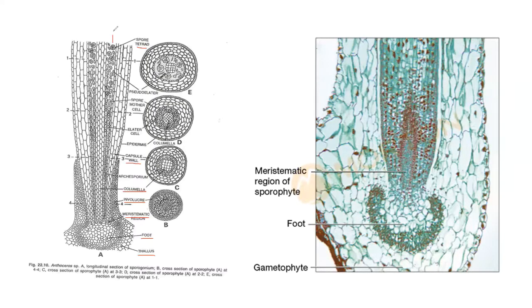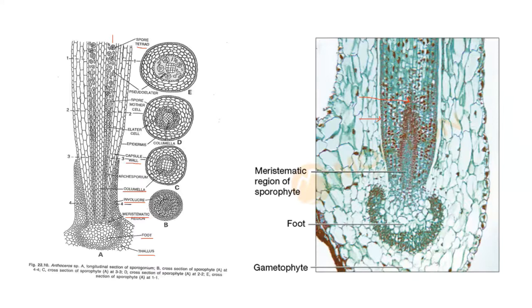Okay, so what is a capsule wall? As the name suggests, it's a wall. You can also see the corresponding slide over here. This is a capsule wall. In the center, this is a columella. This is the meristematic region below, and now in between the wall and the columella, these are the sporogenous tissue, which are undergoing meiosis, and that is how the formation of spores takes place. Yeah, let us talk about the capsule wall first.